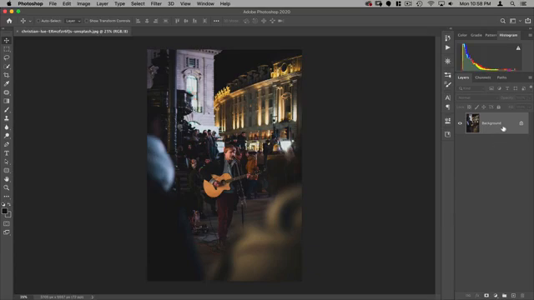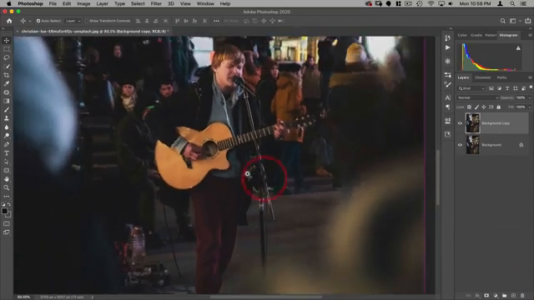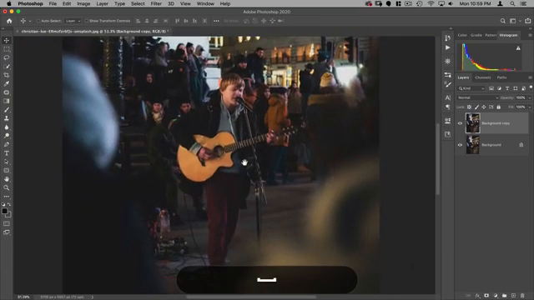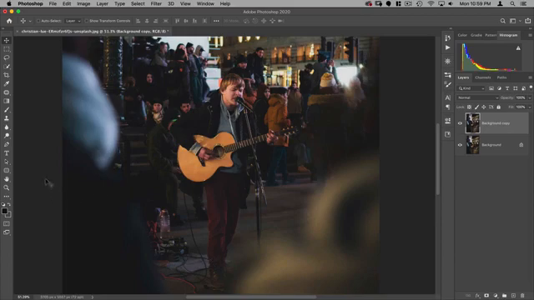Okay, so first things first, let's cut him out of the background. Now, this background here, you can see, is not something that the smart tools in Photoshop are going to have a very good time selecting. You can kind of tell right away with almost any image whether you're going to be able to use the AI tools or not.